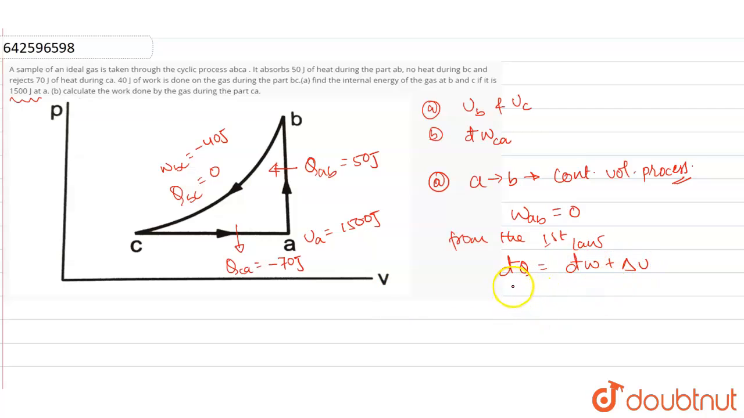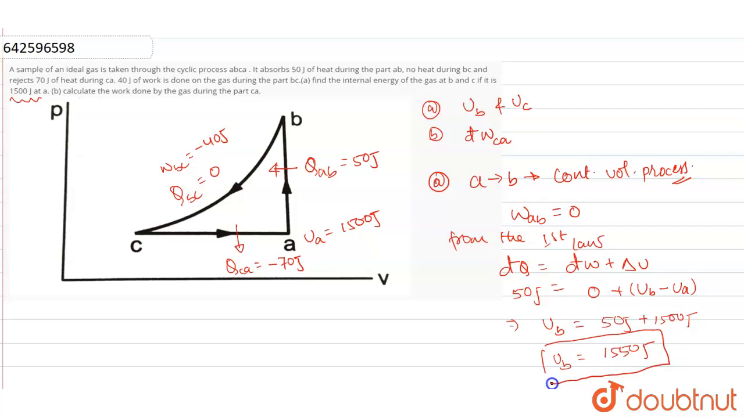From here, on substituting the values for the process A to B, we get dQ equals 50 joules, and dW as 0, plus change in the internal energy, which will be internal energy at point B minus internal energy at point A. From here, we get the internal energy at B as 50 joules plus 1500 joules, so the internal energy at point B is 1550 joules. Similarly,